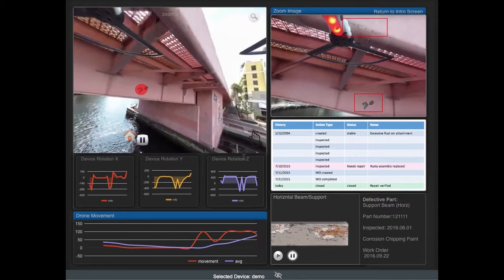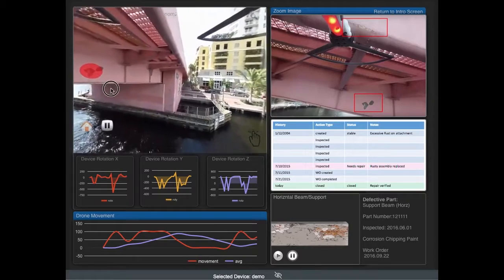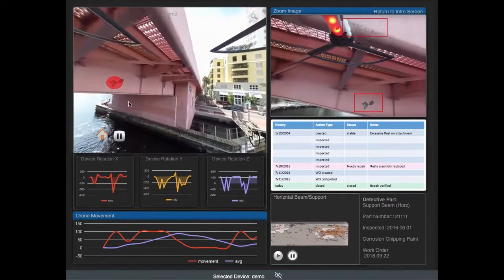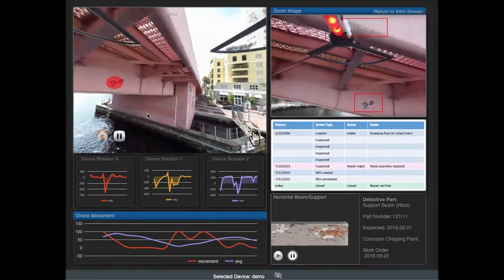Once again, still monitoring everything that would be fed to our IoT platform for the values being fed from the drone. And then in the video itself, you can see that my hotspots actually do move around with the rotational or navigational features of a 360 video. So that's just a quick and easy video just demonstrating some of the capabilities that we've been demonstrating lately that have become somewhat popular. One point to make, although this is a 360 video,